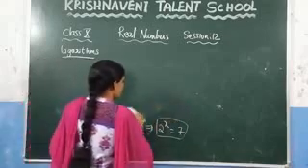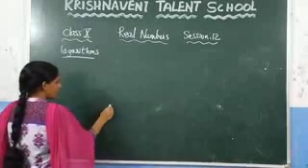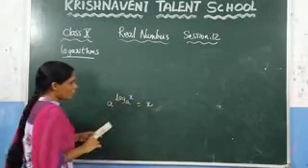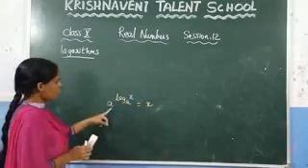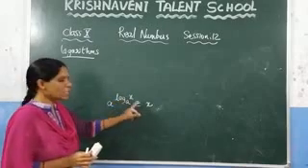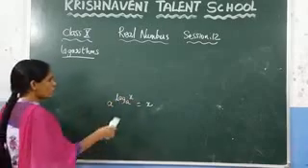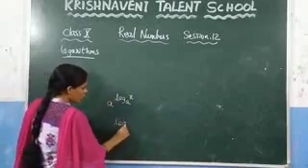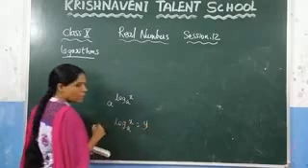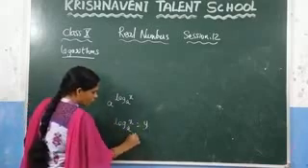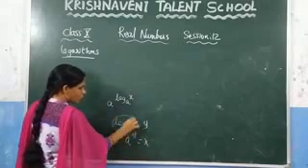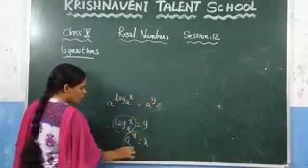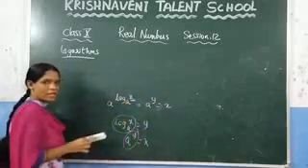So by using the variable, you can write it as a power log x to the base a, that value is always equal to x. That means if these two values are equal, the result will always be this value. This one also we can prove. How are we proving this one? Let us consider this value as some variable. Consider log x to the base a is equal to y. Now you can write this one as a power y is equal to x. What we took this value, we considered it as y. So in place of this one, write y. But what is a power y? Which is nothing but x. So we got the result as x.